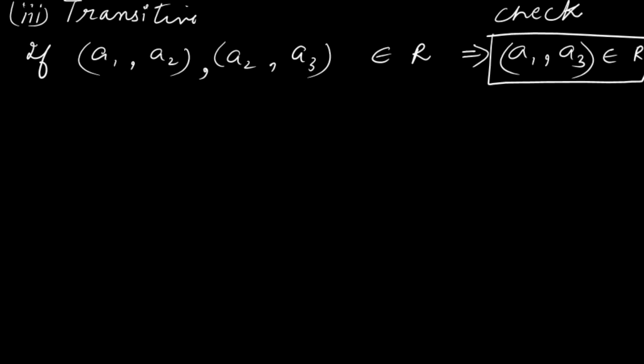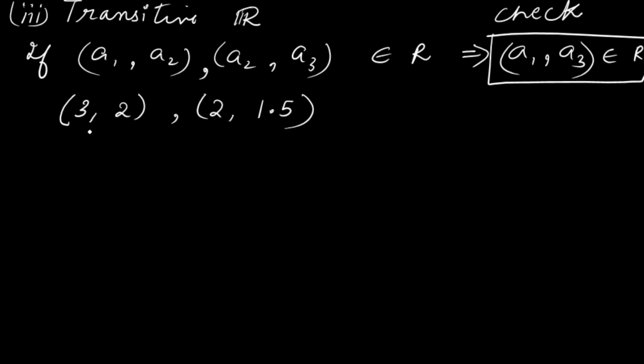Now let's take different ordered pairs. Because we have to choose the numbers from the set of real numbers, I'm just going to choose random numbers, because if the result is not true for even a single number, that means this relation won't be transitive. So I'm just going to choose ordered pairs (3, 2) and (2, 1.5).